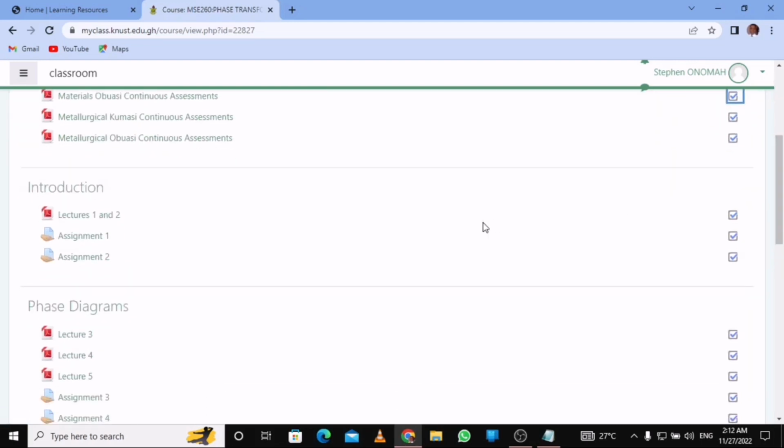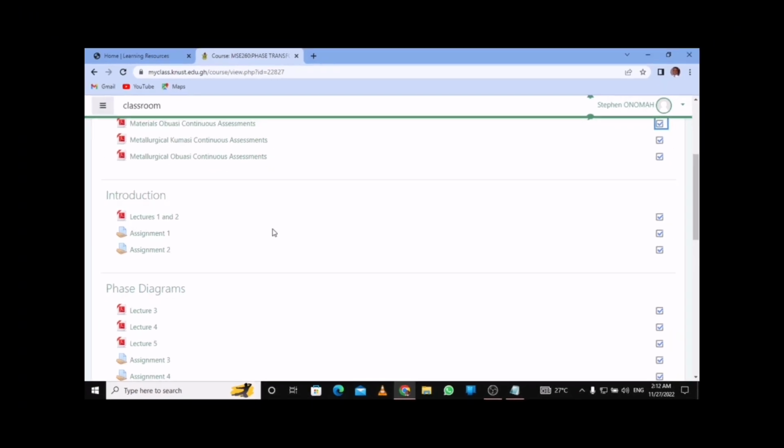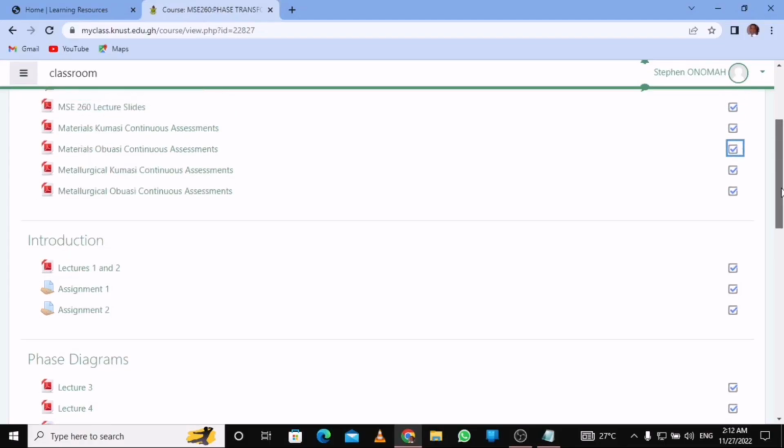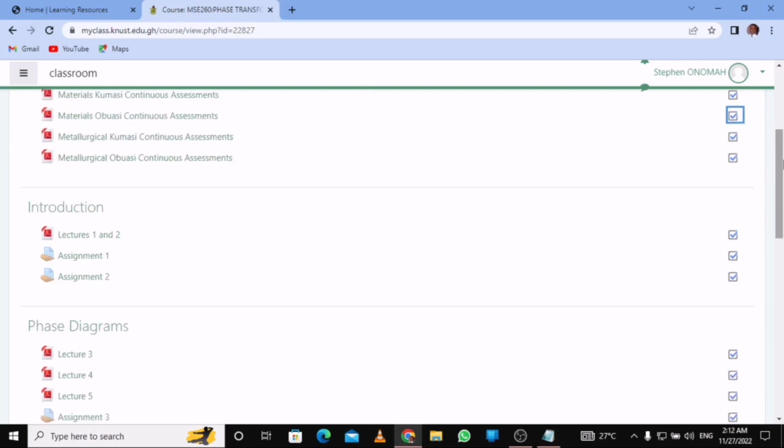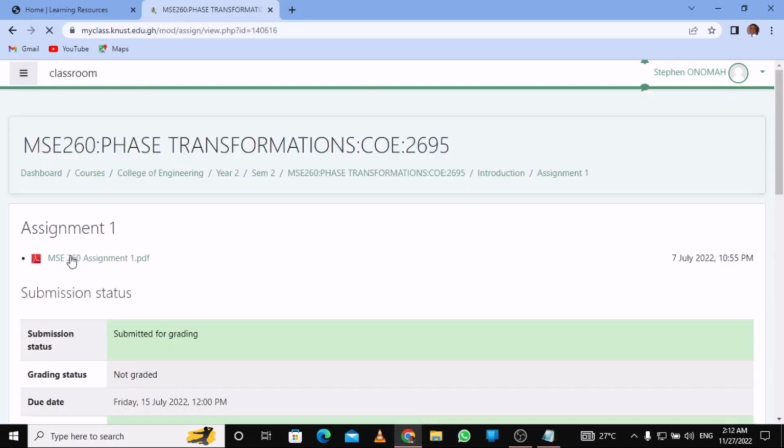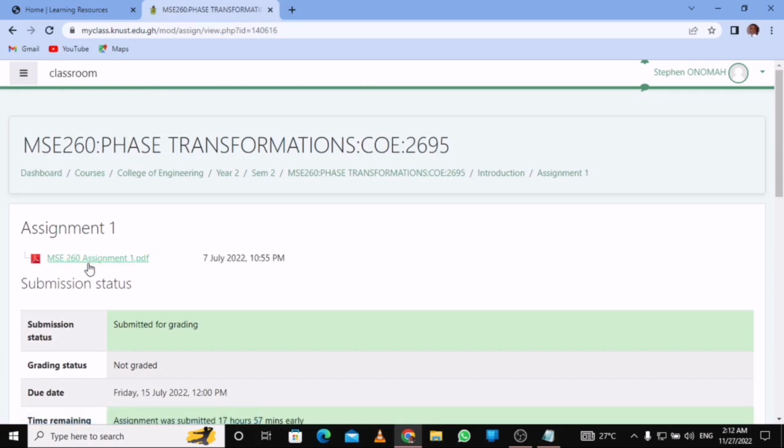Now when you're done, look at this. These were assignments that were given to us by the lecturer. How did I submit this assignment? When they give the assignment, most of the time it will come here as an announcement. Then when it comes as an announcement, you download the assignment. You tap the assignment like this, and it's going to send you to the page. So this is it, then you download the assignment. You just tap this and it downloads the assignment for you. Now after you type it,